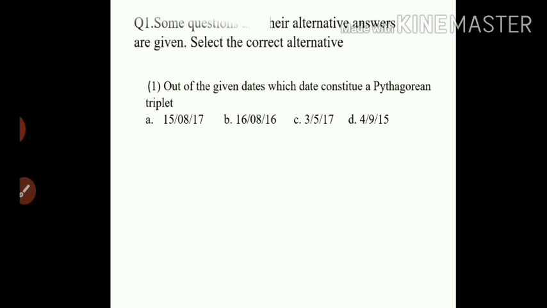Now you can see that question number 1 has some questions and their alternative answers are given. Select the correct alternative. Question number 1: out of the given dates, which constitute a Pythagorean triplet? First I will read out the options to you. The first option is like this: